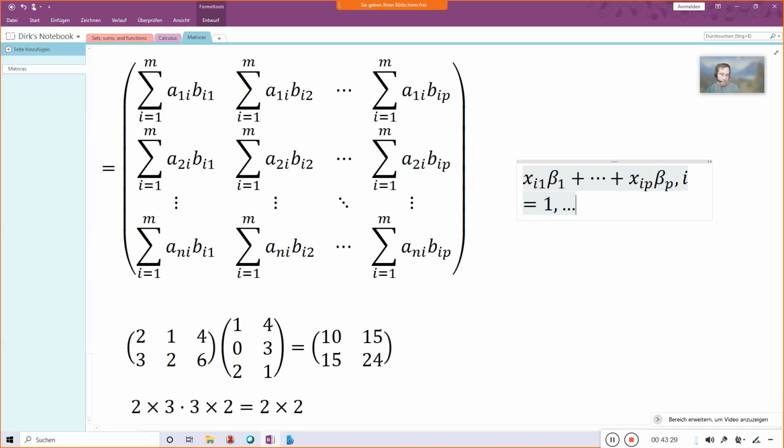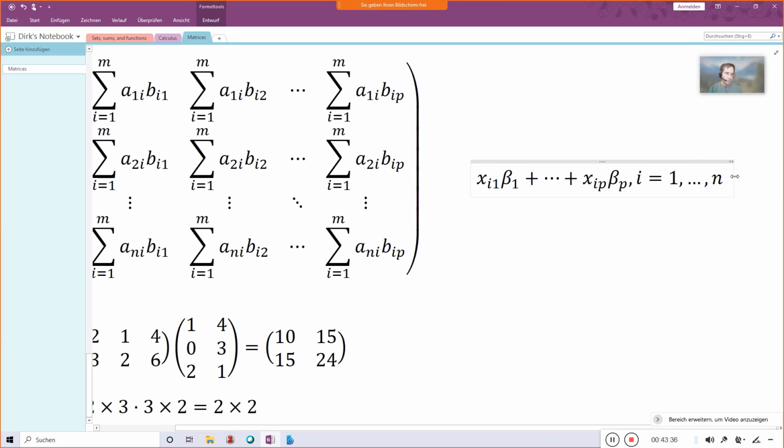We saw this as a basic multiple linear regression model, and the main application for matrices in GLMs is to write n of these kinds of equations very succinctly